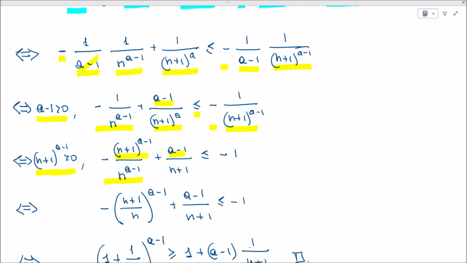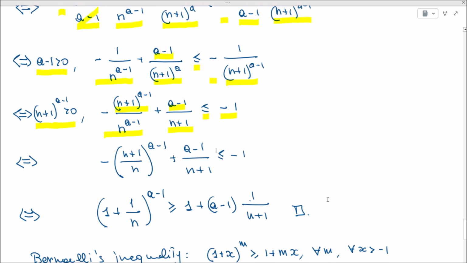By just simplifying the denominator, we are just left with n plus 1 at the denominator. This must be less than or equal to minus 1, which is the only thing that remains on the left-hand side if we multiply by n plus 1 to the a minus 1, right? So let's